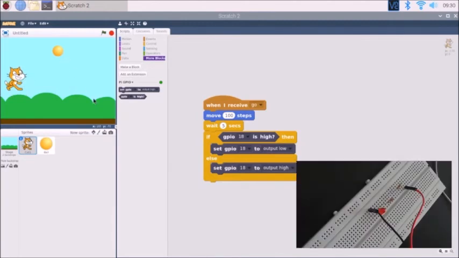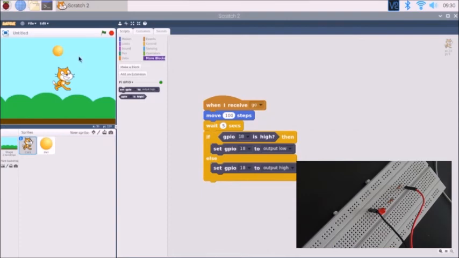We will press this button. So the cat moved. And after 5 seconds, the LED switches on. So it will stay on. Now we run the program again, that is, press the button again. So this time the LED is already on, so it will switch off. The program controls the hardware as we wanted it to.